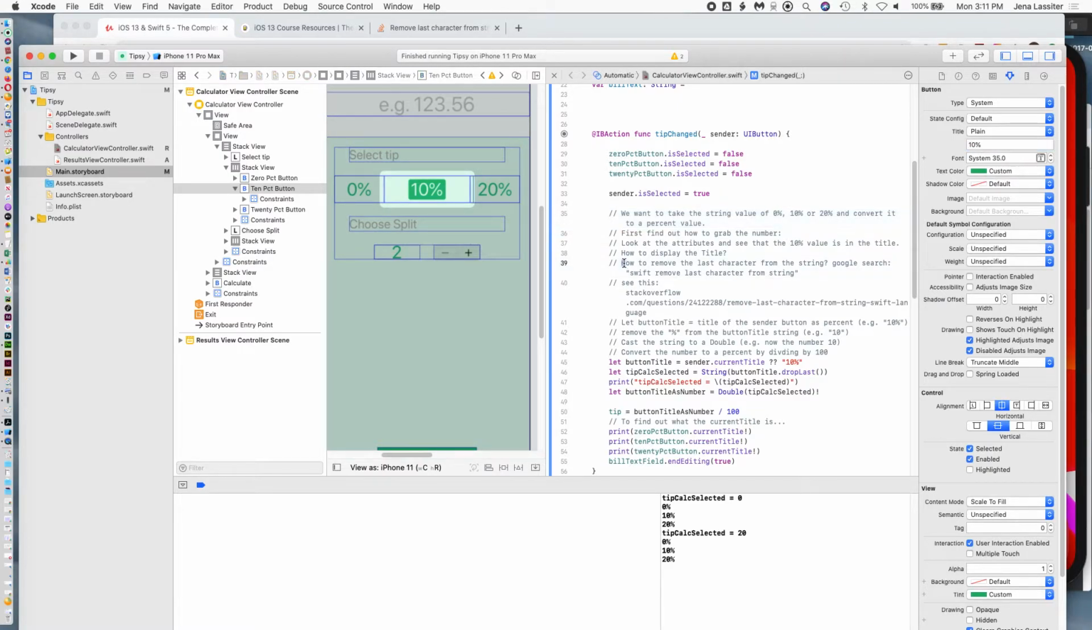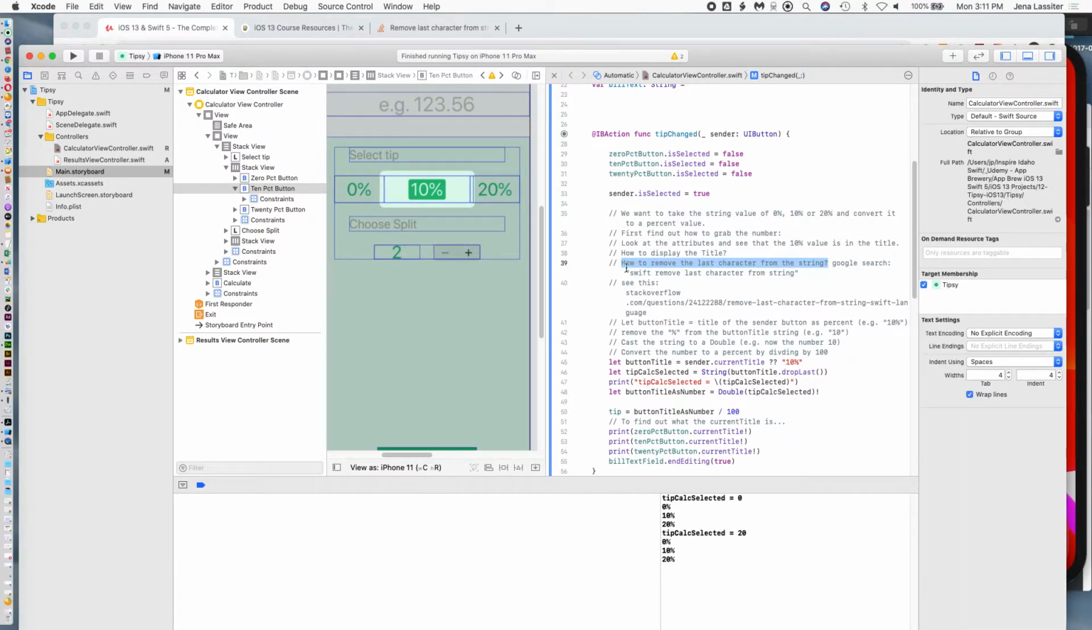And so what I did is I went to Google search and typed in how to remove the last character from the string, and I just did this particular search. I got this link on Stack Overflow, which basically talked about using this dot dropLast. So you have to use a string variable or constant, then dot dropLast, and that'll get rid of that percent